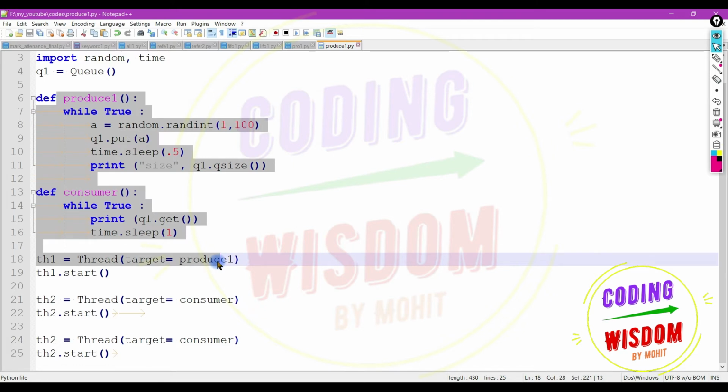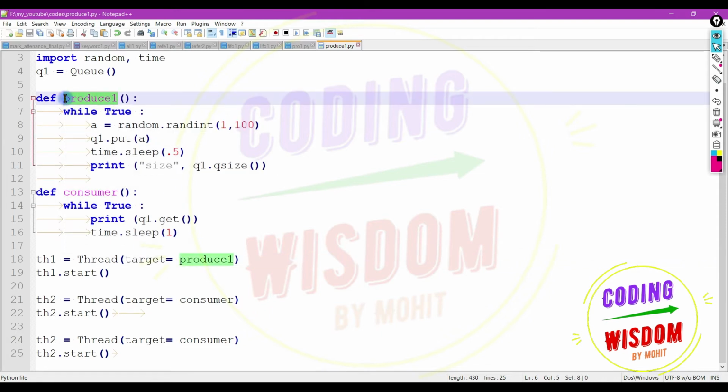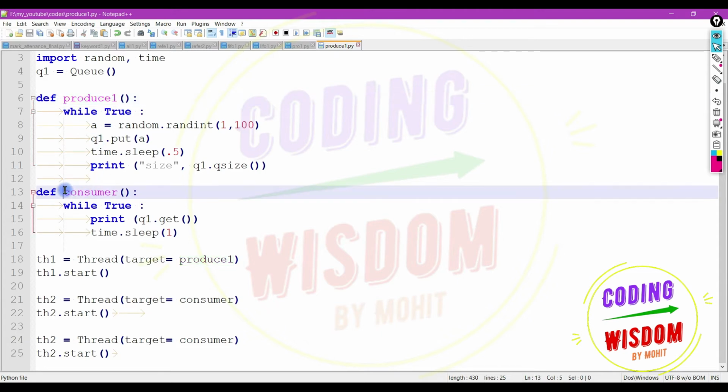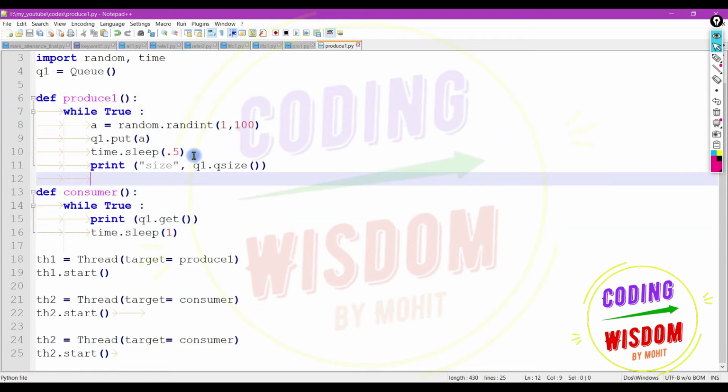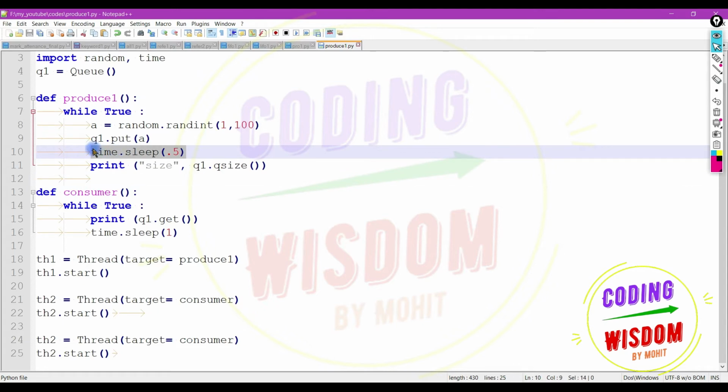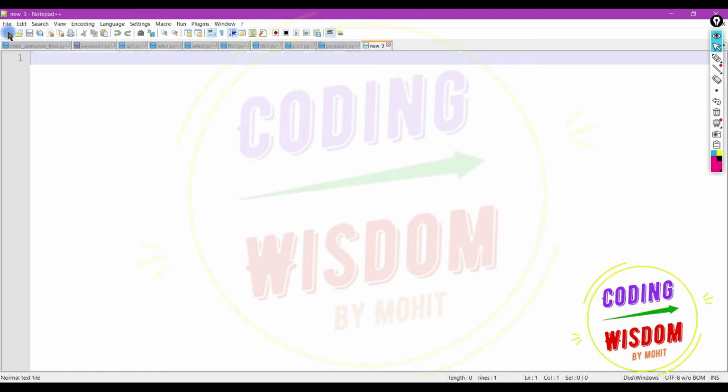Consider you have a server program, and the server program is taking input from a client and then does some stuff on that. The server takes some input from the client and then passes it to a consumer. The consumer does some data extraction, and then a third function may produce a CSV based upon that data. So we use threads here. If we have some delay like this, if we have some IO bound task, then we can surely use threads.